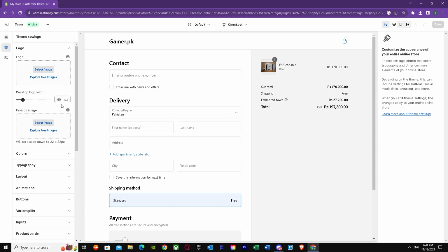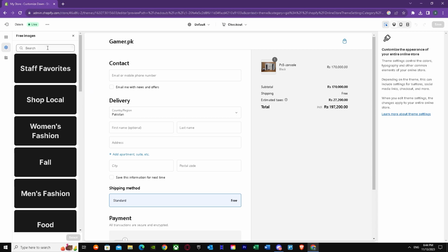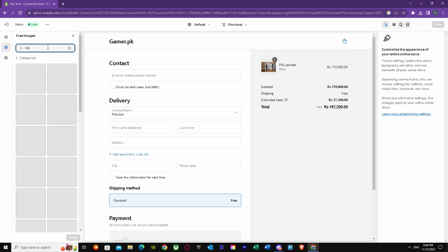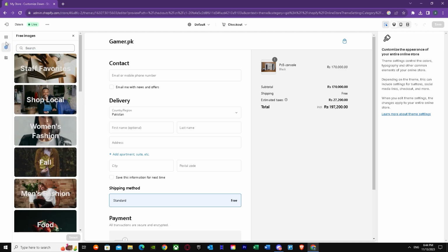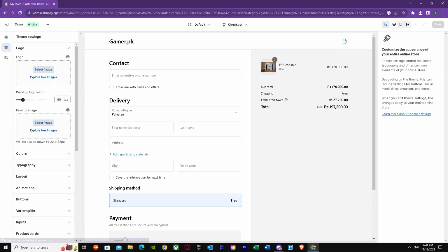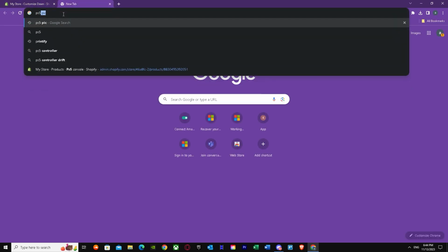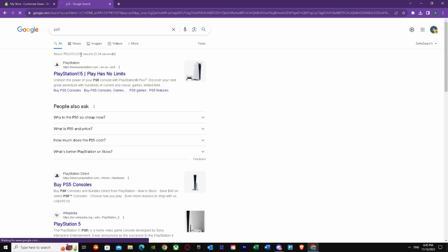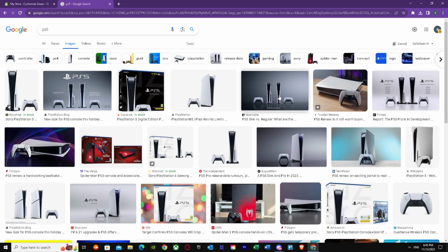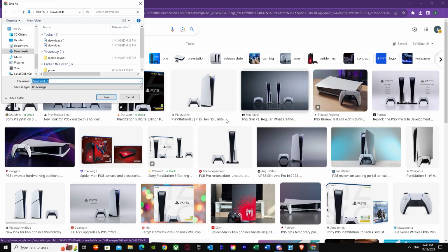So how do you change your logo? As you can see, it says select image or explore free images. For you, I'm just going to put in random images. Let me just get some to make the theme. We search up PS5 because I've been selling PS5 over here. So let's just put this one over here, save image,